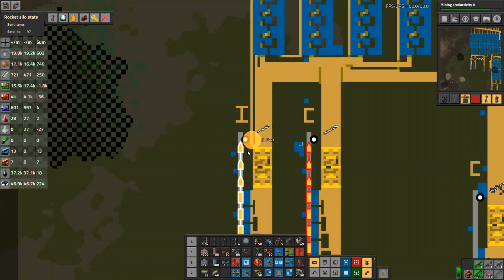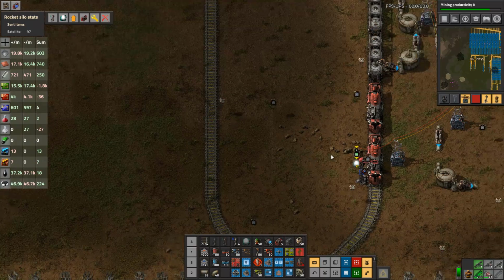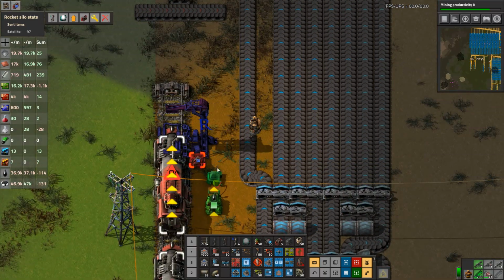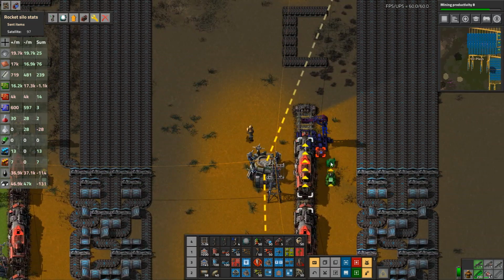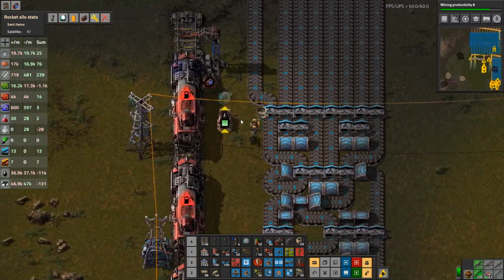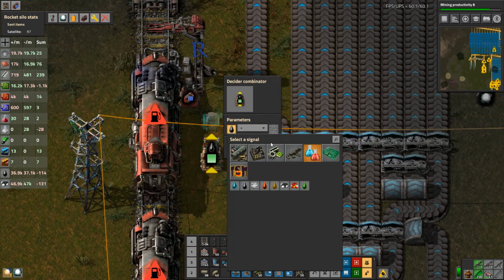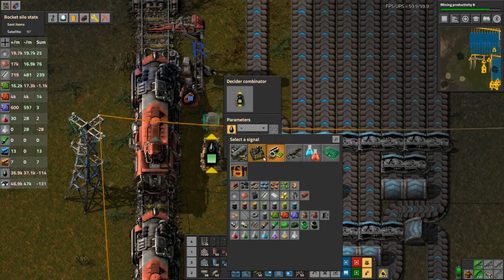So that one's in, that one's in. We're going to copy from there, put that there, and put that there. Make a couple of lights. We're going to have you say, look for...